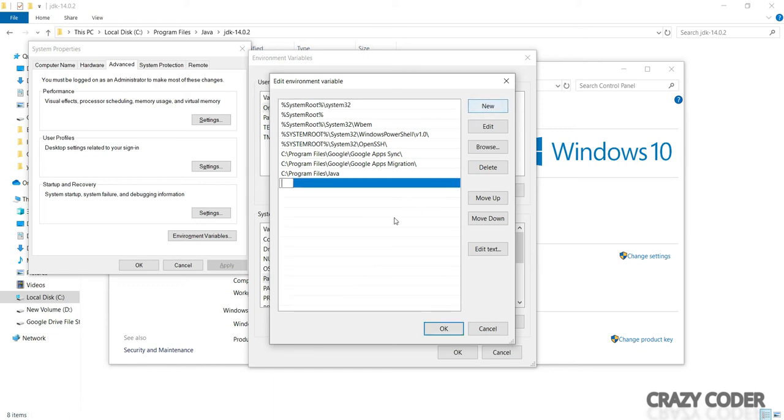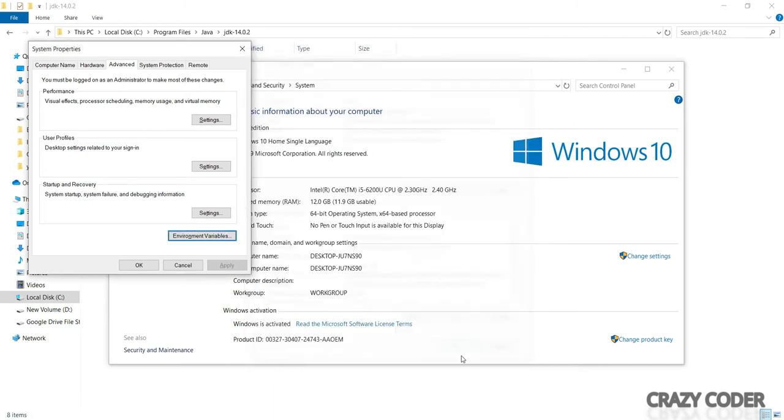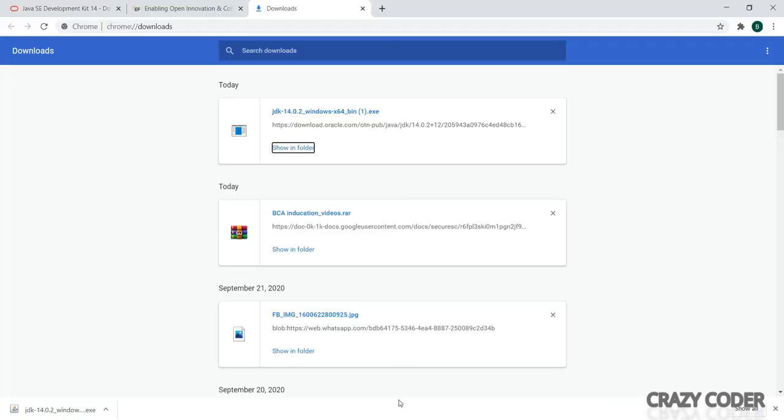So to create a new one, I will click on new and I have to paste the copied path over here, and then I will click on OK. Again I have to click on OK, and for the third time I have to click on OK again. Now my environment variables are set. I have set the path of my JDK folder. Okay. Now we will go for the download process of Eclipse IDE.